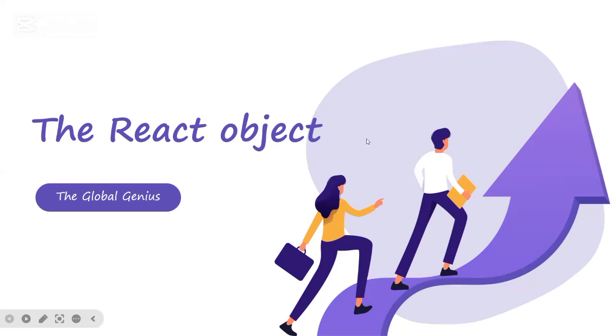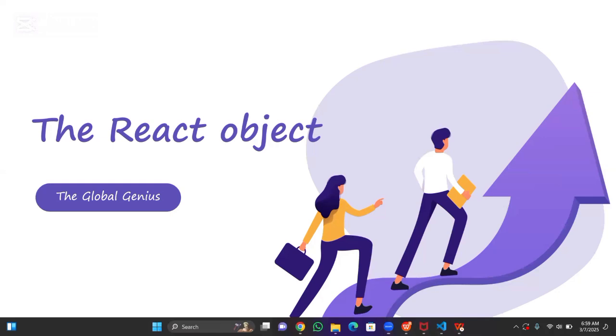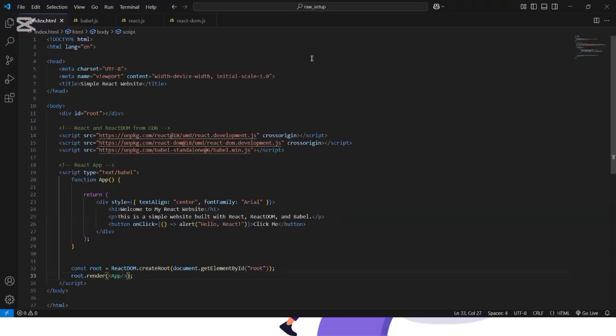All right, so before we go into the React object, let us see a simple setup of a React application, okay? I have this page already opened here. It's a simple HTML page, okay? And if you watch, I have this div here with the ID of root. Now remember that React only starts with a single page and that's all. So every other thing we now put in that page will mostly be components, just not everything will be components. So at a point in time in your HTML page, you're going to have a place where you will